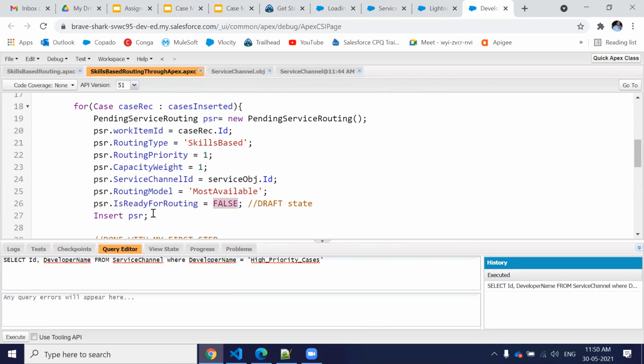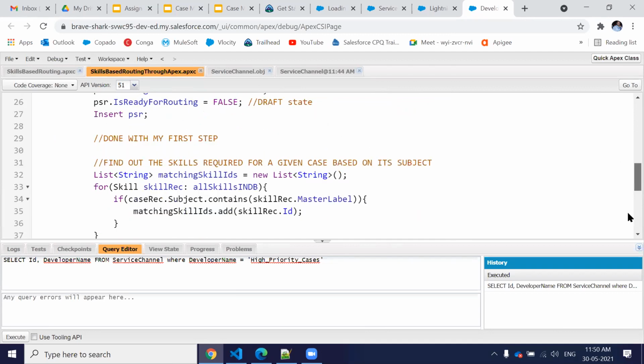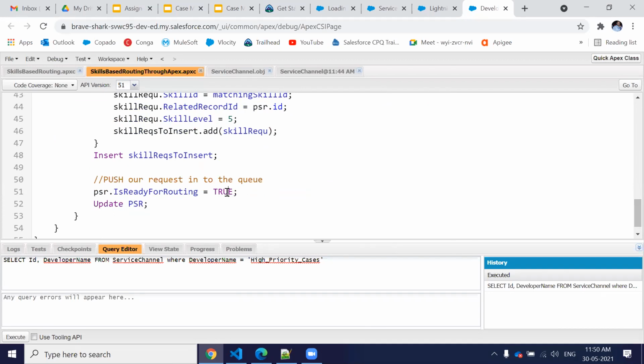As we are sending the true value, this pending service routing record is going to be added into the omni channel system. As we provide the true value, it is automatically added to the omni channel configuration.